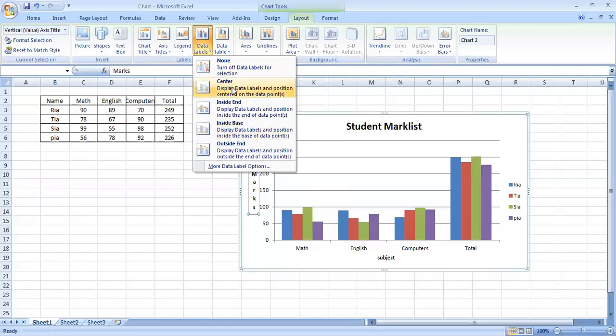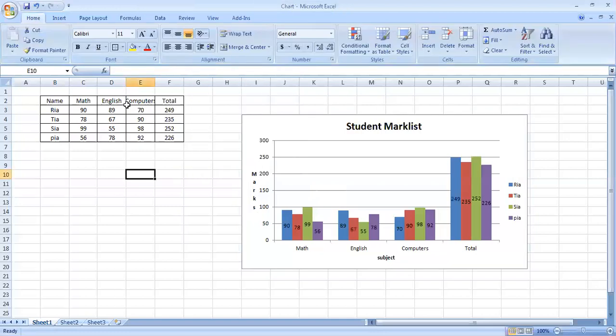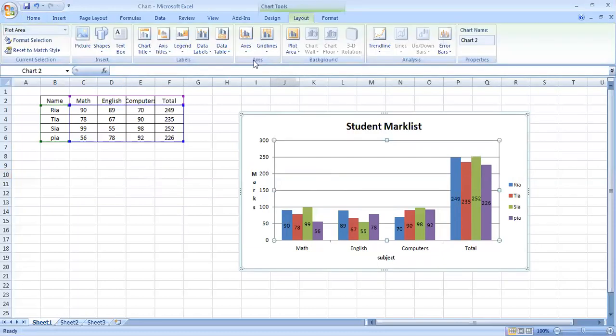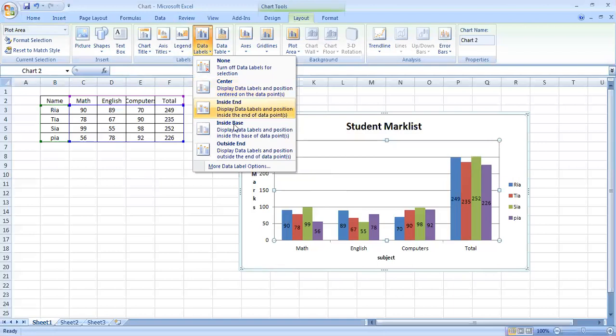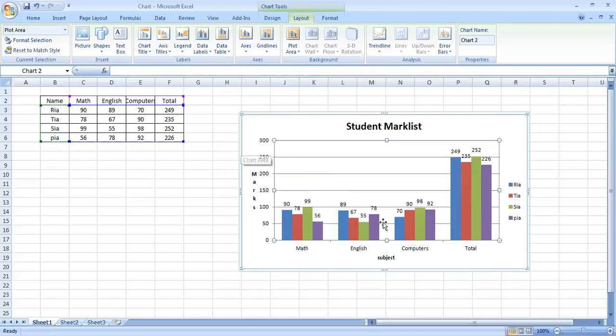Suppose I'm choosing this center position. So I will click on center and you can see that whatever is written on this table, all the numbers have appeared on the respective data series. Likewise, you can change the position: inside end, inside base, outside end. I will just show you this outside end now. So you can see the data label is appearing at the outside end now.